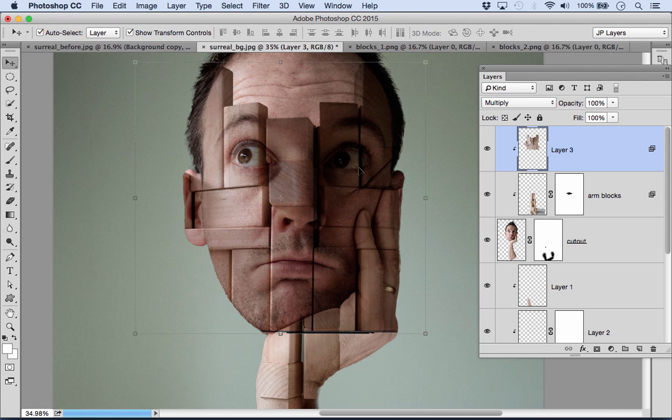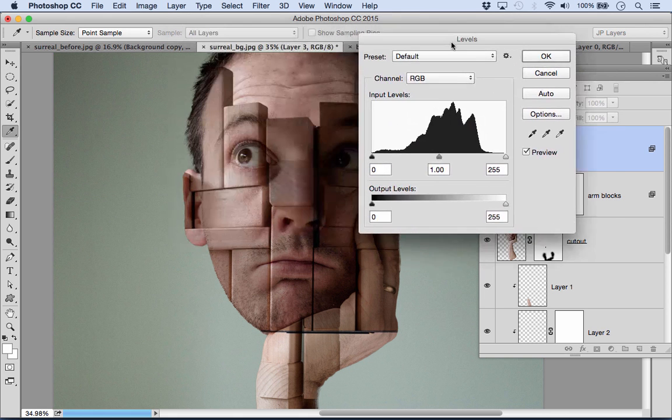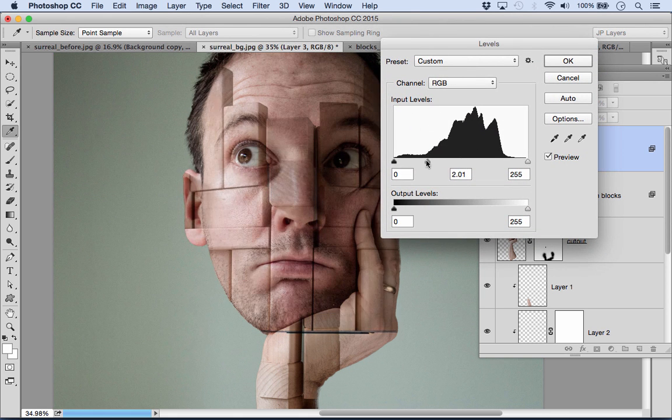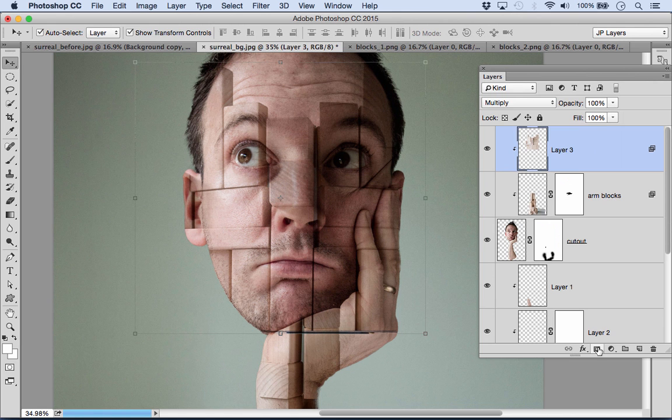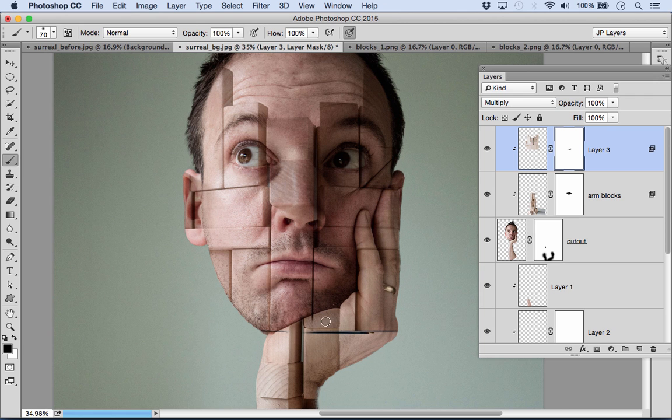Now it's still looking quite dark, so we may just need to lighten this layer slightly. So I can hit Command or Control and L for levels, and then I'll just lift that layer until it looks bright like that. And again, I'll add a layer mask and paint to hide the areas that I don't want around here. So now our effect is starting to take shape,